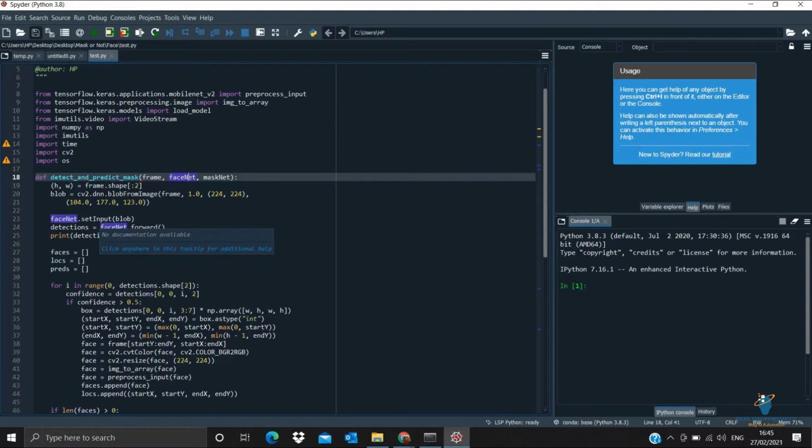If the person is wearing the mask, then what percentage of his face is covered by the mask. And if the person is not wearing the mask, then there is no other attribute or option we will be detecting. If the person is wearing the mask, then how much percentage is he or she wearing.